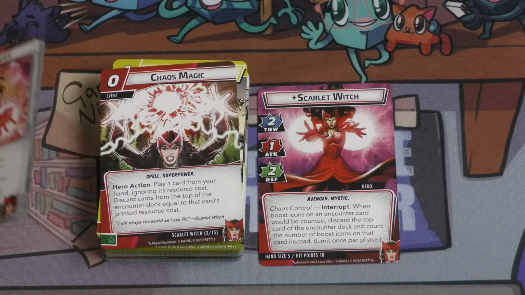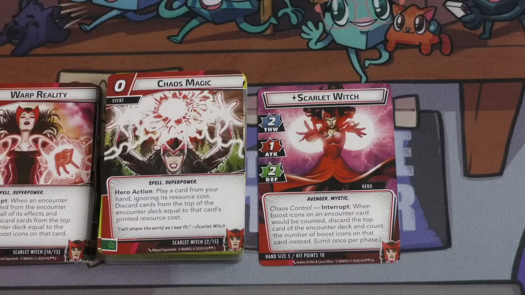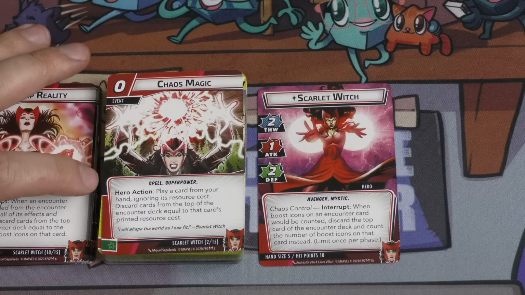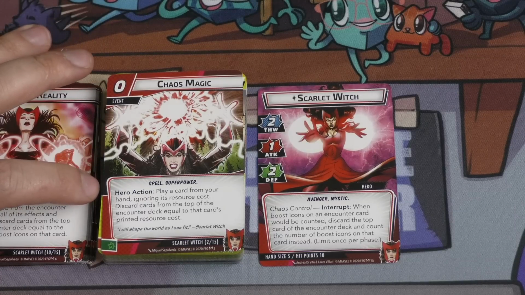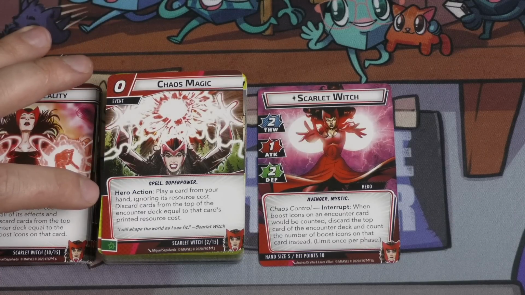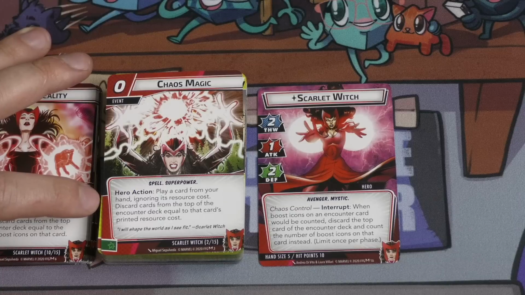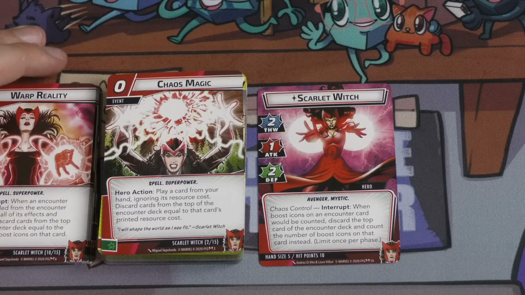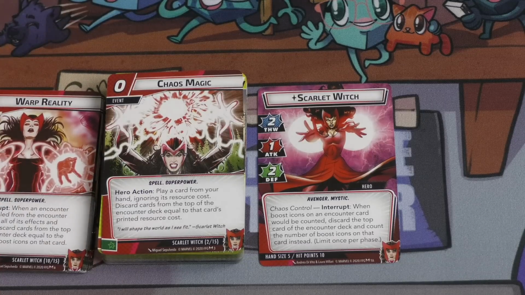And then one of my favorite cards for Scarlet Witch is Chaos Magic. This is a 0-cost event. It says Hero Action, play a card from your hand, ignoring its resource cost. Amazing. Discard cards from the top of the encounter deck equal to that card's printed resource cost. So you get to play a card completely for free,